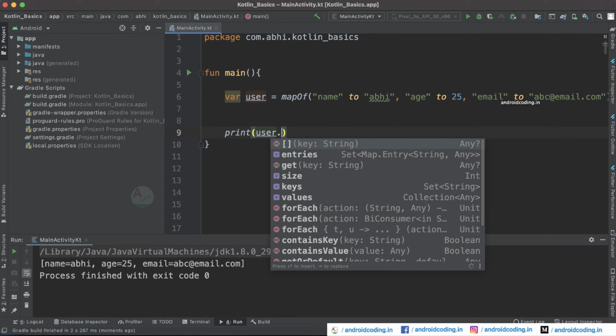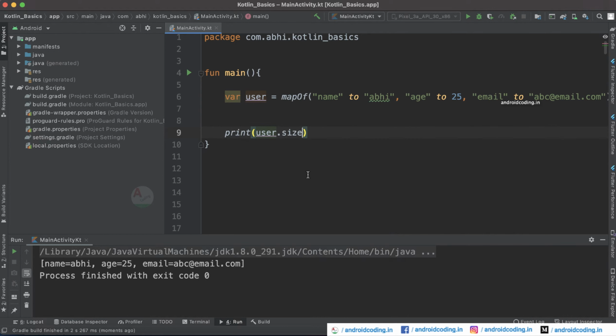Now let us see the size of this particular map, and it's 3 as we have provided 3 key value pairs. Every key value pair is considered to be 1 unit here. Totally we have 3, so that size 3 is displayed onto our console.